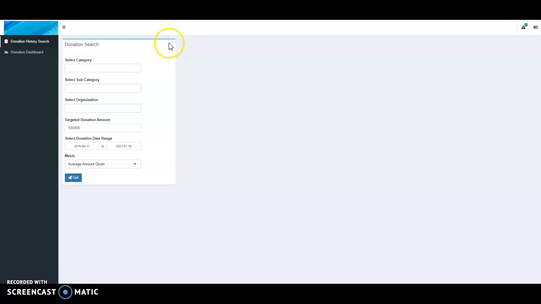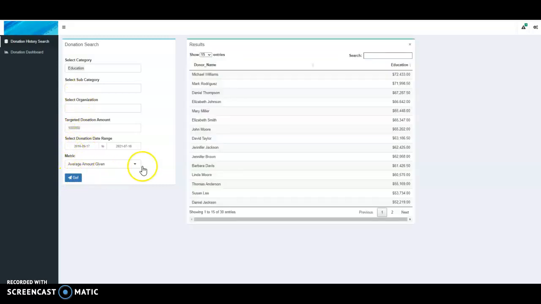So here's a demonstration of what we have so far. We have a donation history search where we can choose certain categories. These are nonprofit categories. We can choose education, for example. We want to know who on average gives $100,000 to education. Click go. So in this time frame, in this date range, Michael Williams has given the closest to $100,000 on